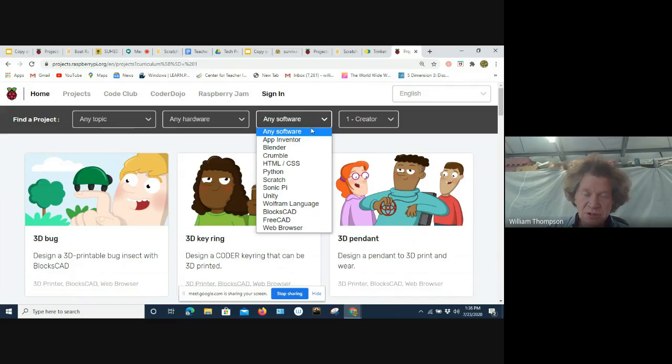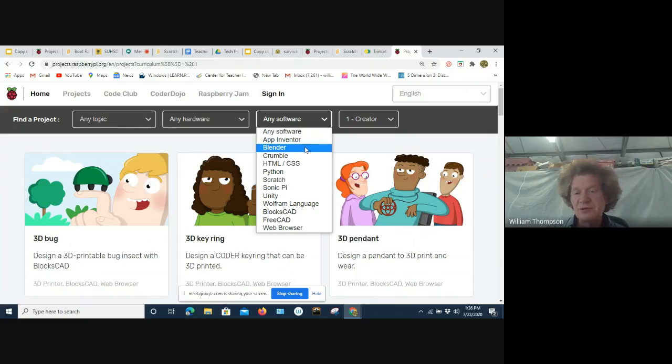The ones that are easiest to do online would be like App Inventor. That's through the MIT site. We're building apps for a phone, Android only, unfortunately. Blender is another 3-dimensional modeling program. And someone who was here yesterday asked if Tinkercad could do animations, which I don't think it can.